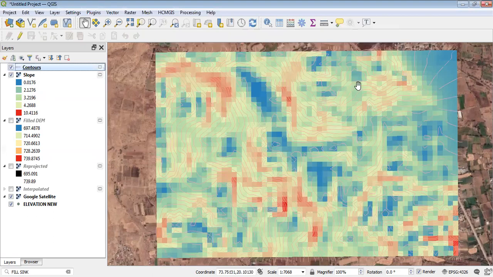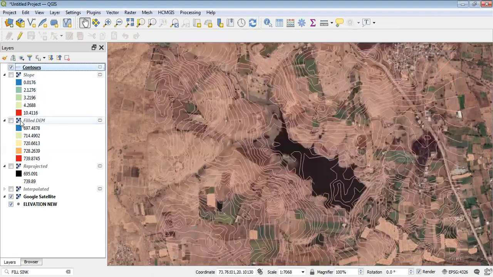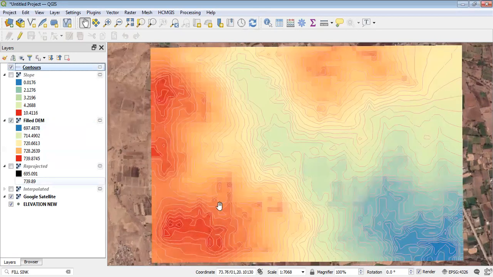After running, you can see these are the contours. These are the contours we are getting on this particular DEM. Now you can see if there is flat land, then we can see these are very coarse lines. But if it's hilly land, or highly elevated land, or if there is steepness, then we can see the contours are very clumsy and very close. But again, on the flat land, these are not so close. These are the coarser or rarer lines. But on the higher slopes, we can see these are dense lines. So this is how we can extract the contours.